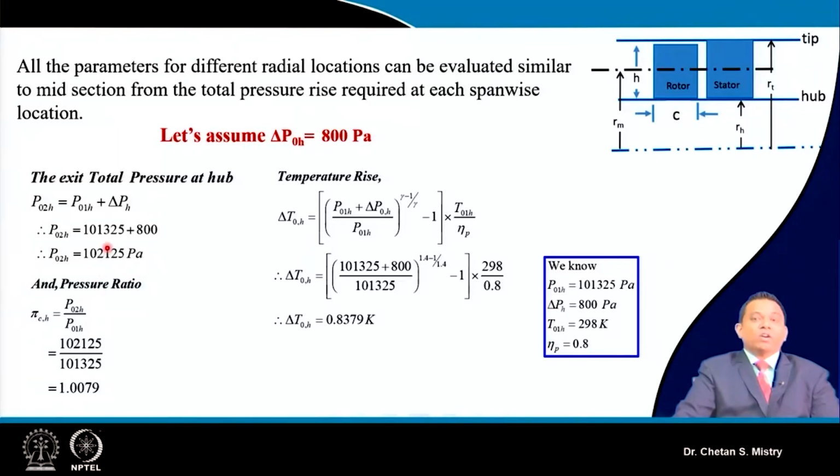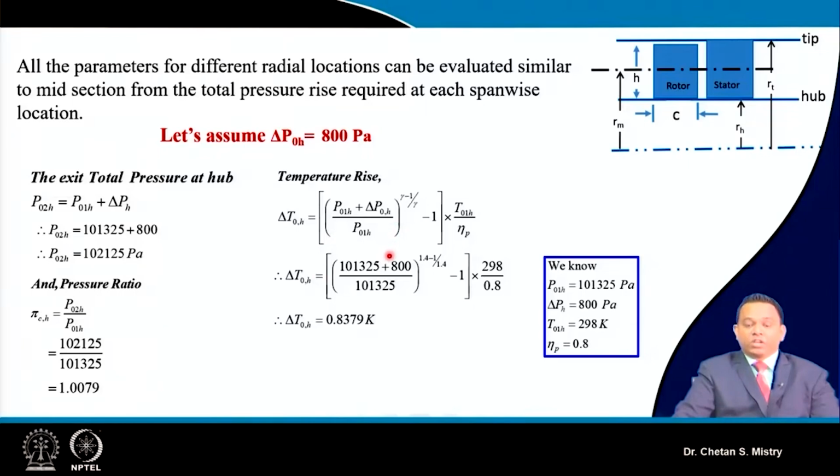So based on this calculation, we can do the calculation for the pressure ratio at the hub. That's what is coming 1.0079. Okay, so this approach is somewhat different compared to what we have discussed in the earlier case. Now once this is known to me, we can calculate our delta T0 at the hub based on